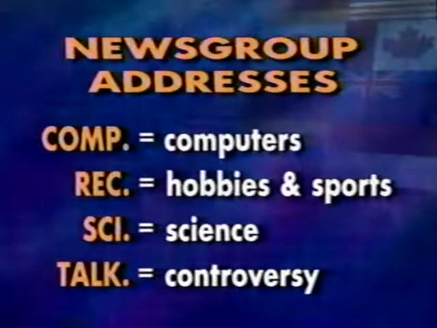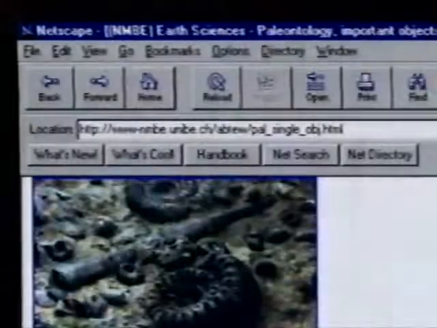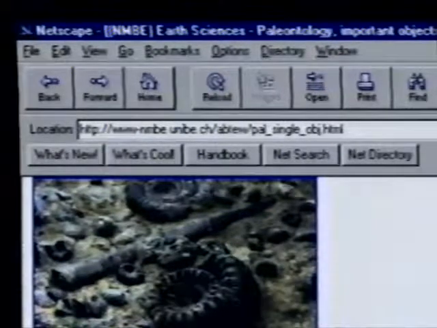Sci likes to discuss science. Talk is a no-holds-barred controversy group, and so on. This list of newsgroups is vast. Let's visit the Usenet newsgroup world on the internet, where all of the newsgroups are contained. In the URL location window, we type